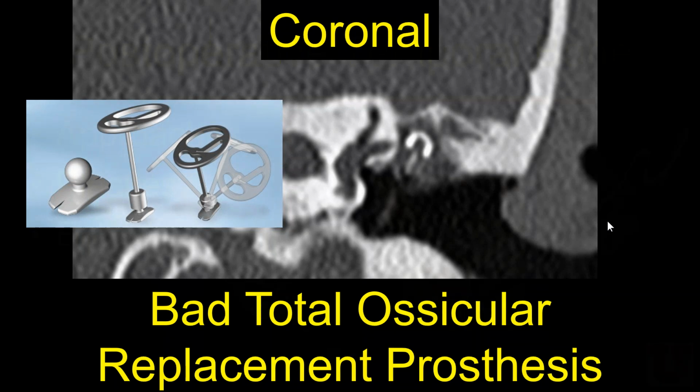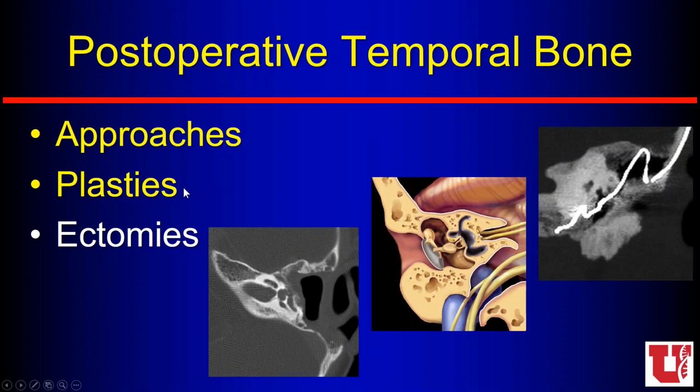So we think about the approach. How did they get there? We think about the aplasties. What did they do to reconstruct the ossicles while we were there? And sometimes more complicated, we think about the ectomies. And just like when we talk about post-operative cervical soft tissue cases, where we have a modified radical and a